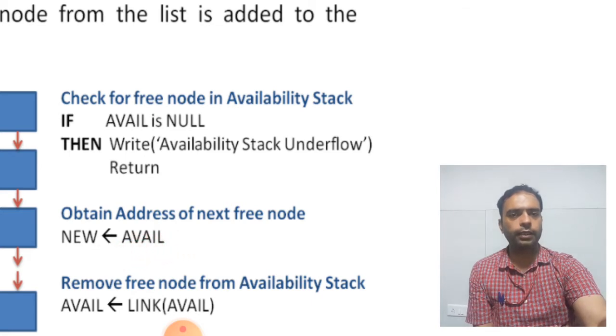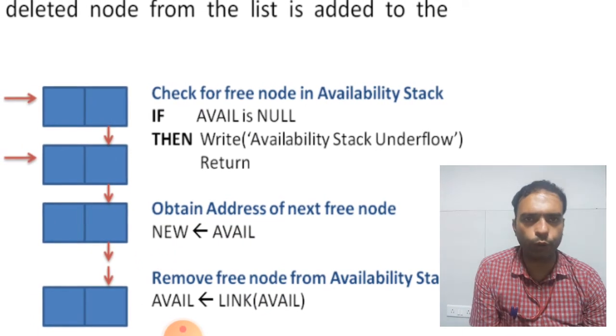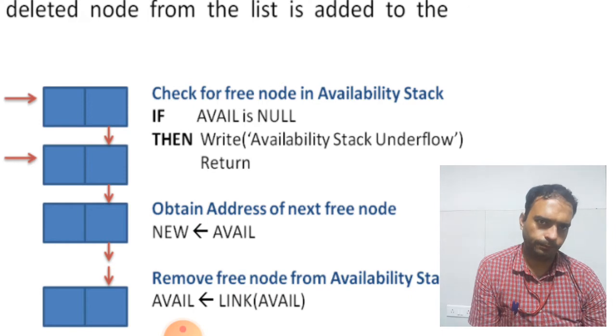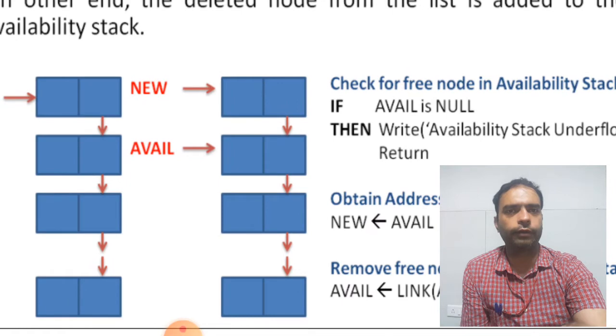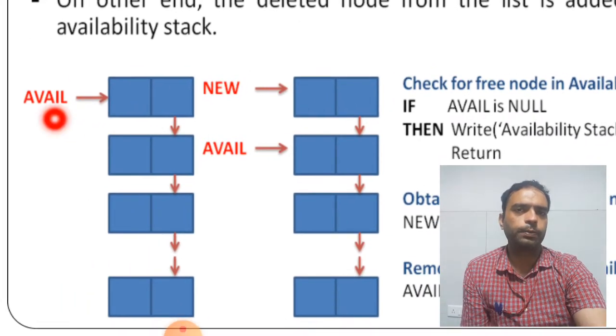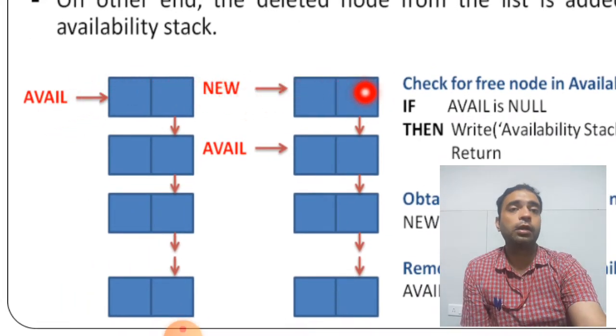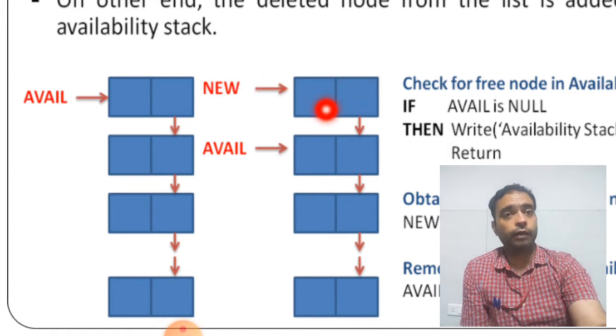Now avail के अंदर मतलब avail वाला जो part है वो new को दे दिए. ठीक है, तो इसके अंदर क्या हो रहा है, अब avail वाला जो part है वो new को दे दिया है. तो avail ये वाला जो part दिख रहा है हमको, this part is given to the new. लेकिन अवेल वाला पार्ट अभी न्यू को दिया है, लेकिन अवेल वाला पार्ट अभी भी बाकी है.